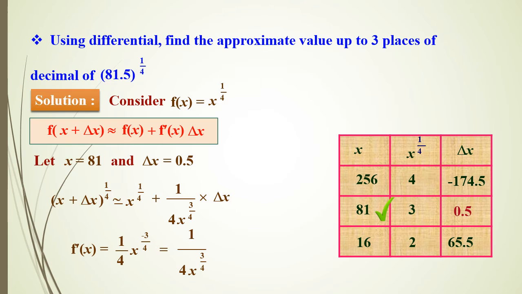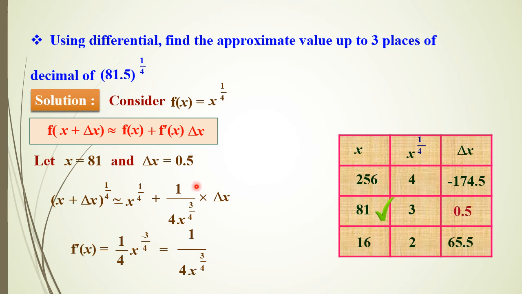Okay, in this question, again, we will be finding the approximate value of 81.5 whole raised to 1 by 4. 81, it is the fourth root, 3 to the power 4 will be how much? It is 81. So x must be 81, delta x must be 0.5. Again, the previous sums' concept is adopted here also to get the exact result. Next, use this f of x, in the sense it is x to the power 1 by 4, then f dash of x, in the sense differentiation of this term, it will be 1 divided by 4, x to the